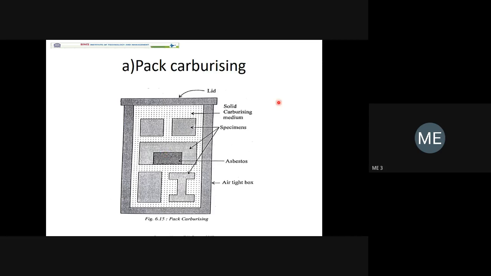That's why all components are packed, and this packing or packed component or bins are kept inside the furnace, and these packed components are surrounded by coal, etc., so that it will generate some carbonaceous gases like CO or CO2. Then, over a period of time, CO will dissociate into C and O2, or CO2 will dissociate into C and O2, and finally this nascent carbon is diffused into the surface of